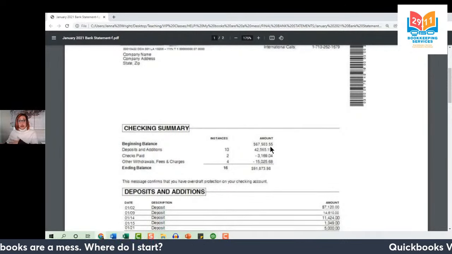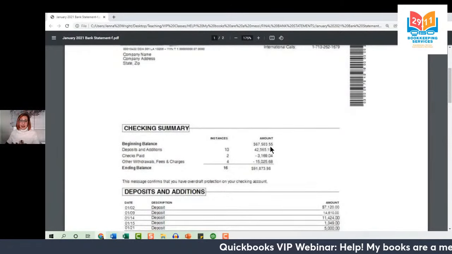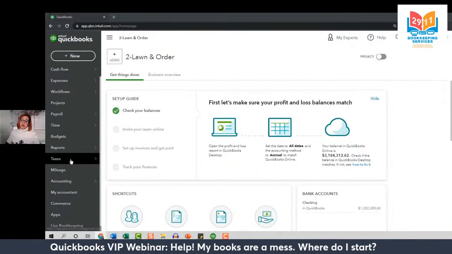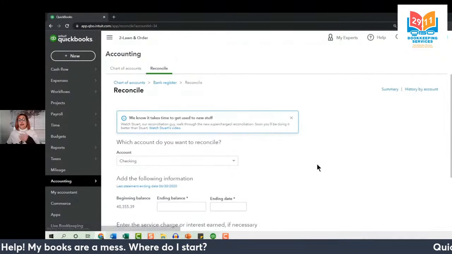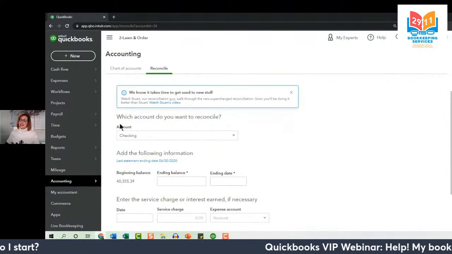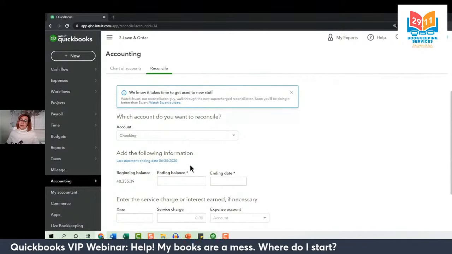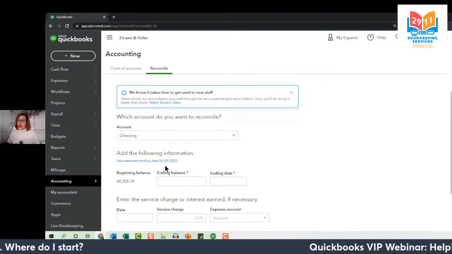So we need to force QuickBooks to get us set up so we're able to reconcile this statement correctly. When we get into QBO and we scroll down on our nav bar, selecting Accounting and then Reconcile, you'll notice a few things. First, we can see the last date that we've reconciled. And unfortunately, my company file was last reconciled in June of 2020 and hasn't been reconciled since. Our last statement ending date was June 30th. So I've got quite a few months to catch up on.